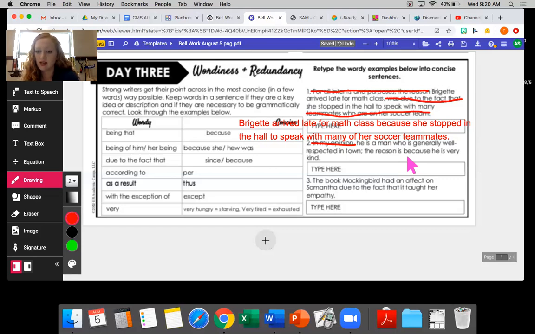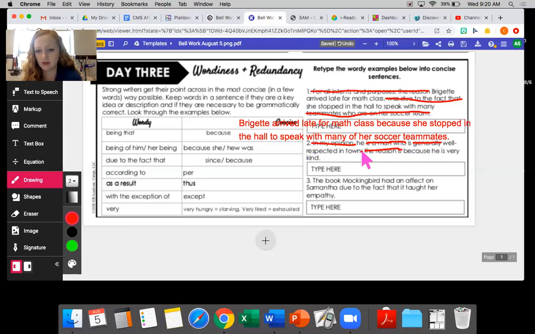Okay, so he is a man who is generally well respected in town. We can shorten that to he is well respected. We don't even need to know that he's a man because he is obviously male. So he is a male pronoun. He, and we don't need who, is generally well respected in town. We don't really need generally because in town would imply the same thing. So he is well respected in town because we don't need the reason is because means the reason is, and